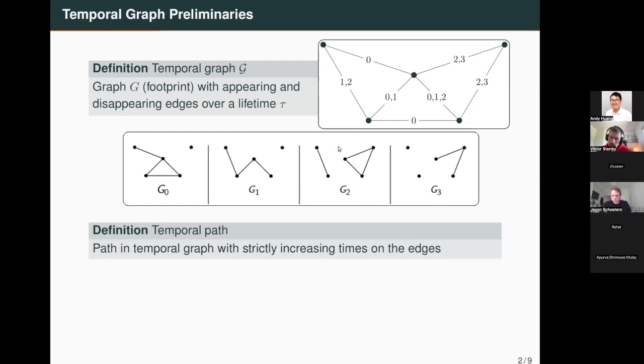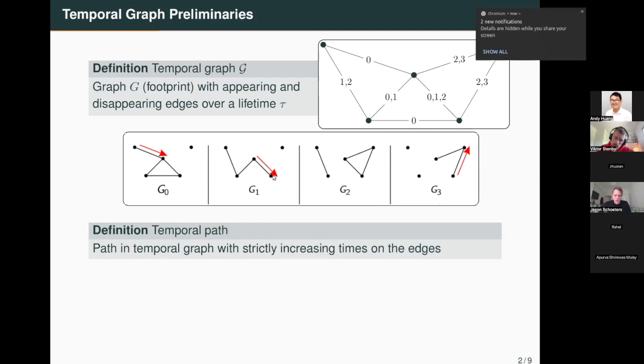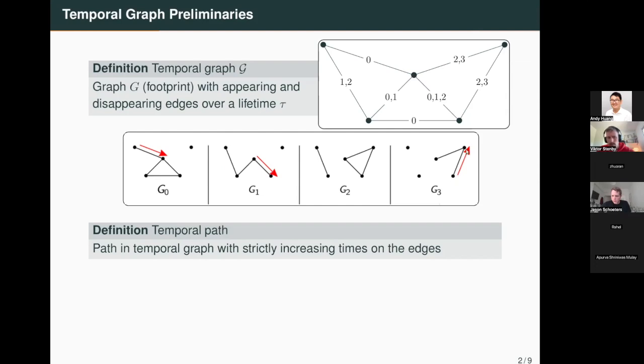And in these temporal graphs, you can now define a temporal version of a path in graph theory, which is simply called a temporal path. Sometimes you might see it being called a journey. And so this is basically a path in the temporal graph, such that all the times on successive edges are increasing from the last time. So to give you an example, this would be a temporal path going from this vertex to the middle, and then after moving to the bottom right, and then for some reason not doing anything in time step 2, and then ultimately going up to its destination at time 3.